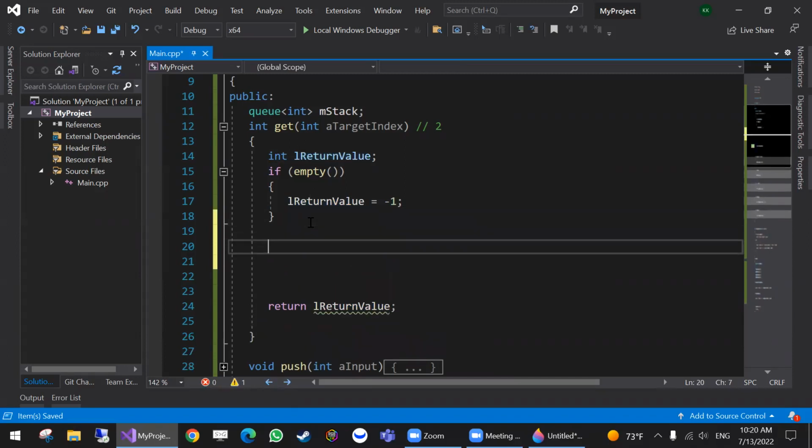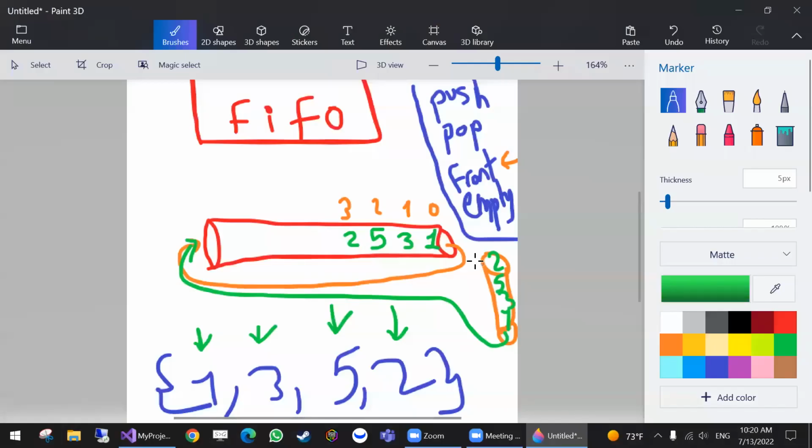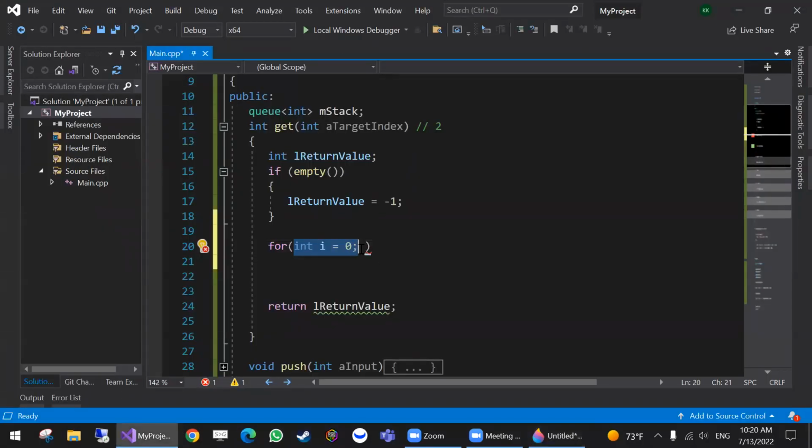Otherwise, I'm gonna say while or for loop, int i equal, because I want to iterate up to the size. For the first approach, the first approach was this: pop and push to the same container a number of times equal to the size of the container, whatever the size of my container. If it's 10, then do it 10 times. If it's 5, then do it 5 times. So I need a for loop because I need a counter controlled loop,